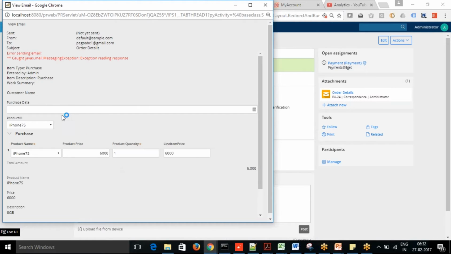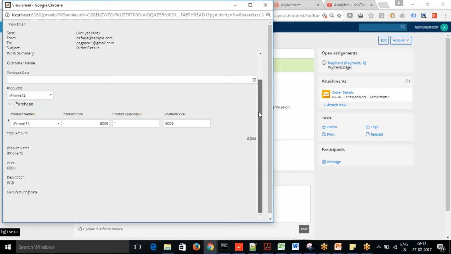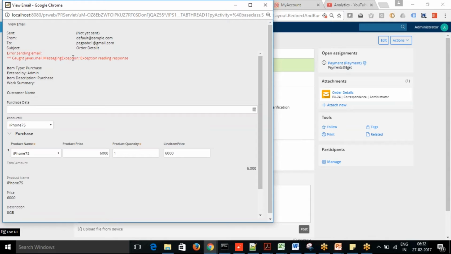Actually, someone in LSA will set up that one. So normally that detail is, so you can see that you got that, right? So this is what we have seen, purchase date, product ID. We have included that sections, right? Similarly, it's displayed in the email now. So currently it's not able to send that. It's because it's using some default sample. Why is it still so? Because we have changed that. It should use and be able to send that.